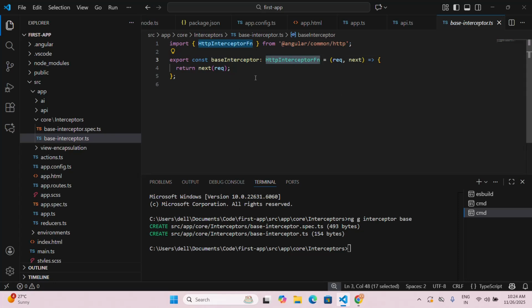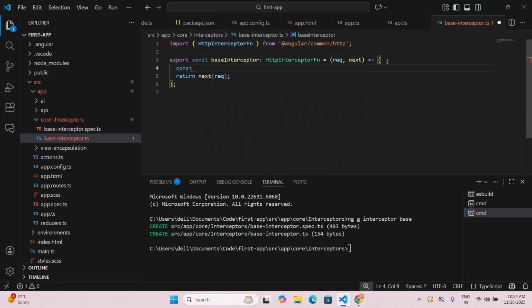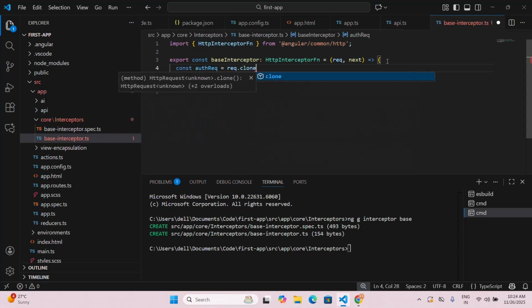Right now this is boilerplate, but we need to attach that authorization header to each individual API. So how can we do that? We can first create a clone of this request. I will just mention const authReq, then I will create the clone. How can we create the clone? req.clone. That means whatever request is passed, it is being cloned, and here I will pass an object,